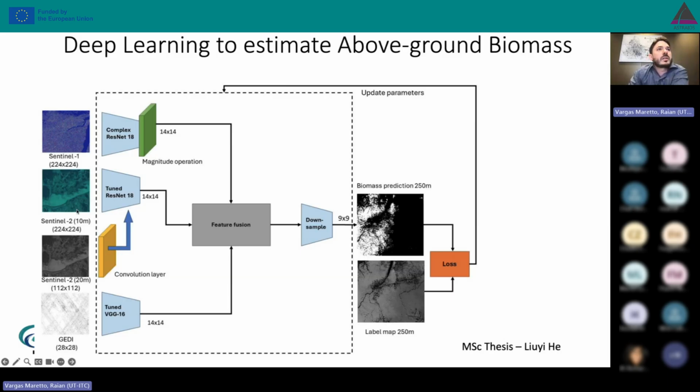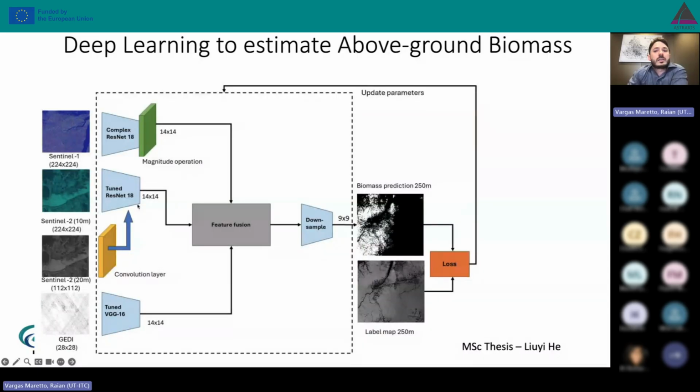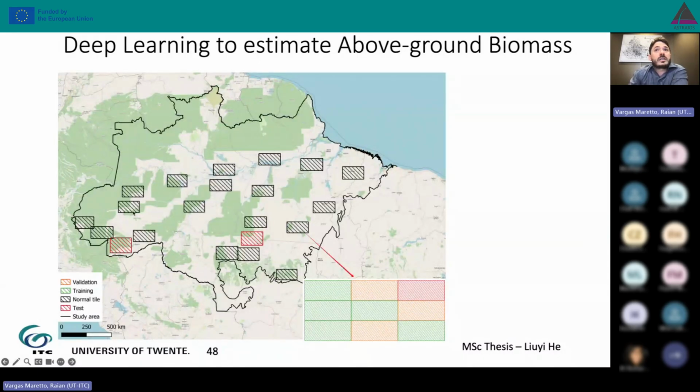Therefore, we use deep learning to combine that with Sentinel-1 mostly, and also by including Sentinel-2, we managed to improve even a bit more. So we basically performed the training and the validation in these 21 areas across the whole Amazon, with those 2 test sites in red being selected only for test. The others, all of them, we performed training, test, and validation on them,